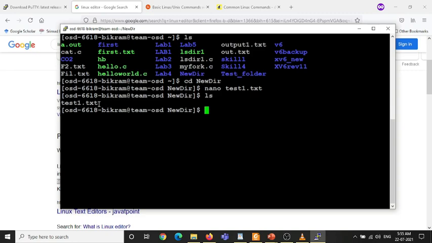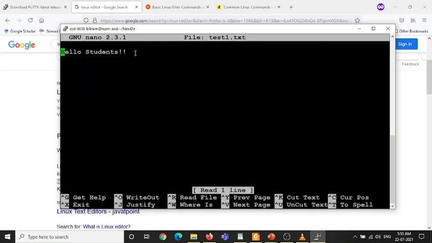Okay, there are many ways to read a file here. One thing you can do is type nano text1.txt and hit enter, and you can see the content of that file. This is one way. Okay, I will exit from here.